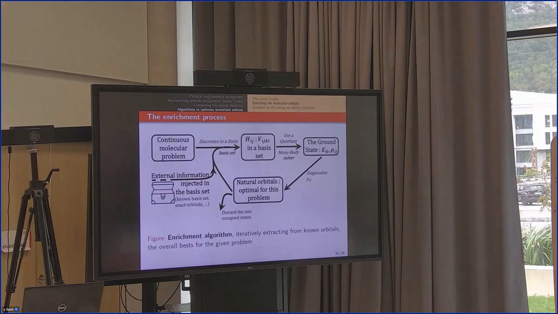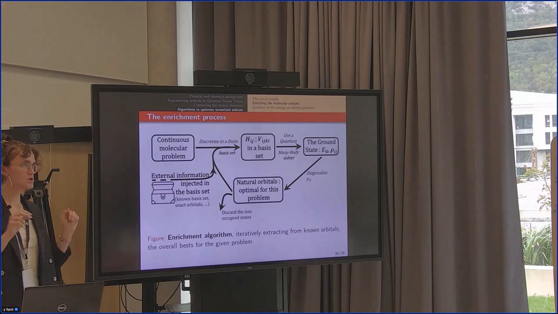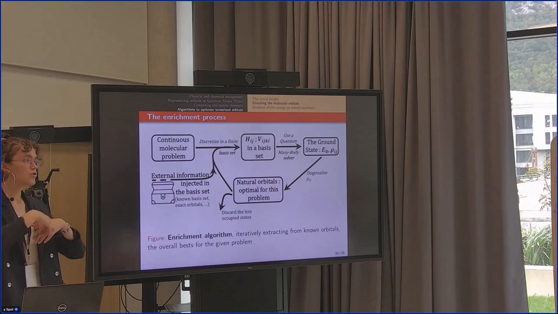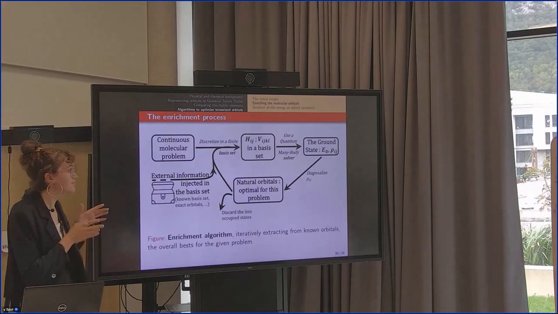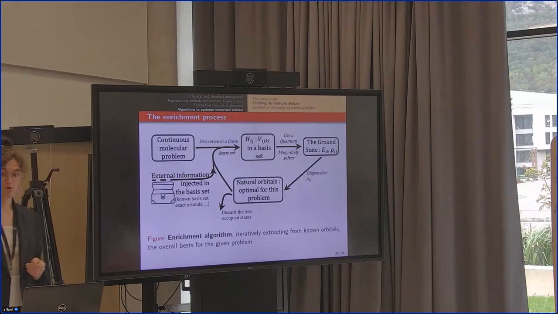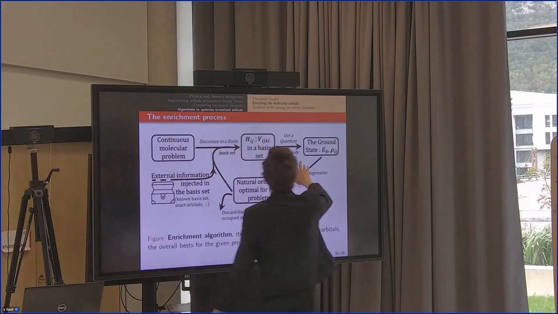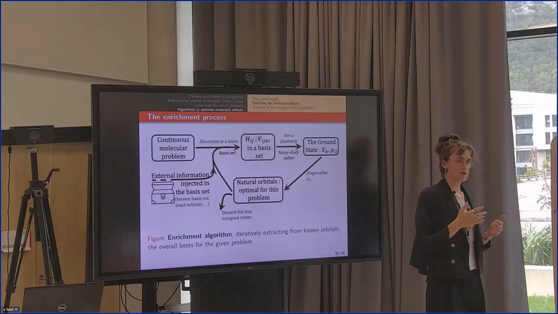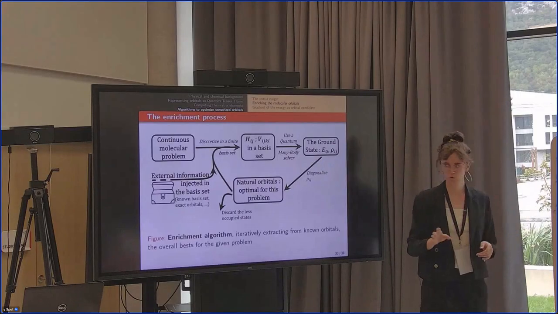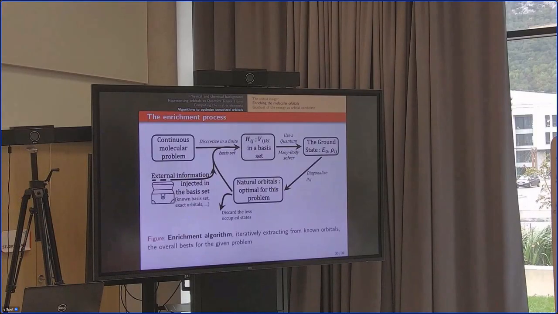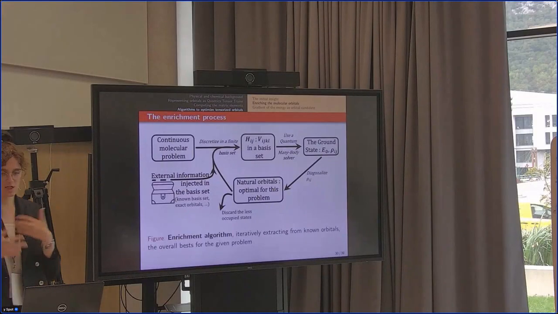This is a way to cover a very large basis set. For example, the ones that we had before, like the good ones, which were called 5Z, 5 zeta basis sets, that are very big. We can cover all this large basis set by feeding it little by little to the algorithm. But what's crucial is that we never use a solver on a large problem. The solver is always used on a small problem, which means that we never pay m to the 7 with a very large m. So we extract the best orbitals for this specific problem iteratively, little by little.